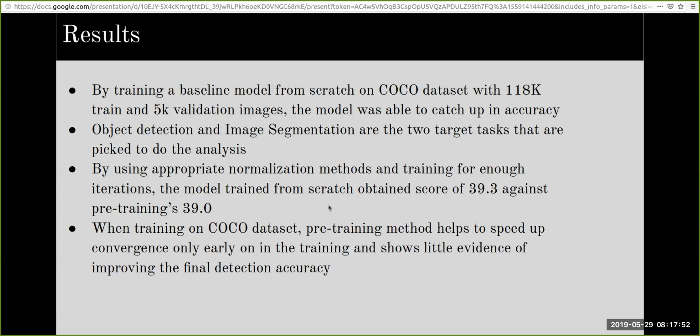By training a model with these settings on the COCO dataset with 118,000 training and 5,000 validation samples, the model trained from scratch was able to catch up in accuracy with that of a pre-trained model. Object detection and image segmentation are the two target tasks. Average precision for bounding box and mask are the metrics that were considered here.